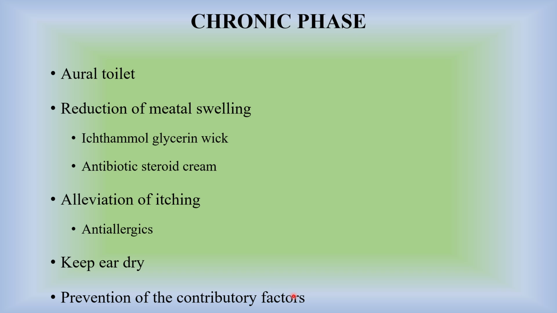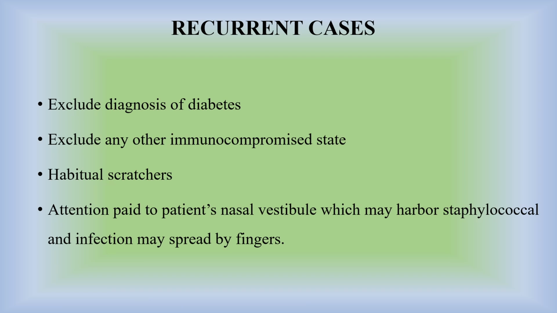This, as I already mentioned, is the swimmer's ear or the tropical ear. So one needs to avoid that. And scratching the ear. So we have to look for that and prevent that. Recurrent cases. For recurrent cases, we have to exclude diabetes or any other immunocompromised state. See if the person is a habitual scratcher, then he has to avoid scratching the ear. And